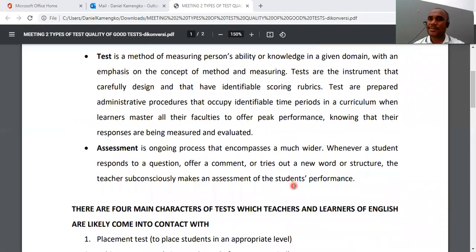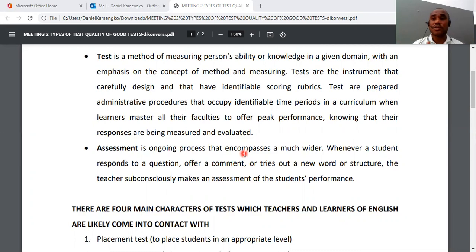All right, let's go to assessment. Assessment, I'm going to write here, is an ongoing process that encompasses a much wider domain. Whenever a student responds to a question, offers a comment, or tries out a new word or structure, the teacher subsequently makes an assessment of the student's performance. What's the meaning of this? Of course you need rubrics for making an assessment, but it's an ongoing process.